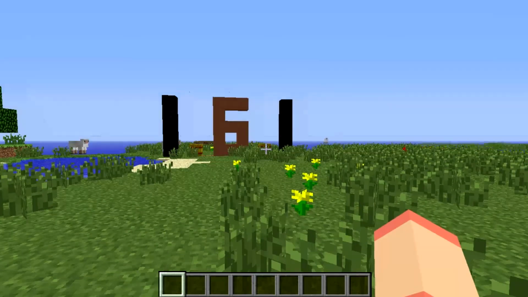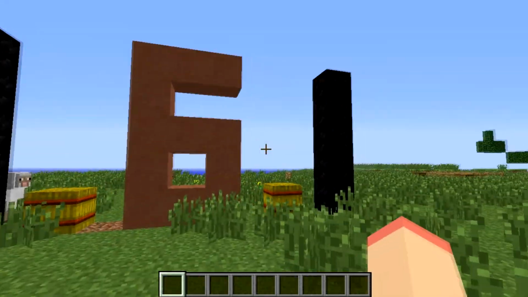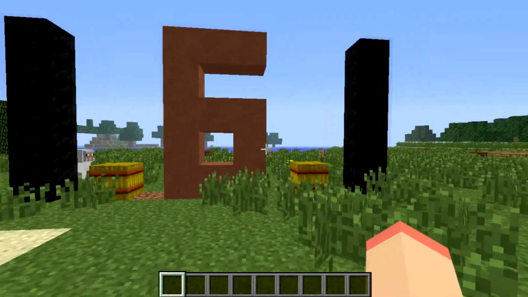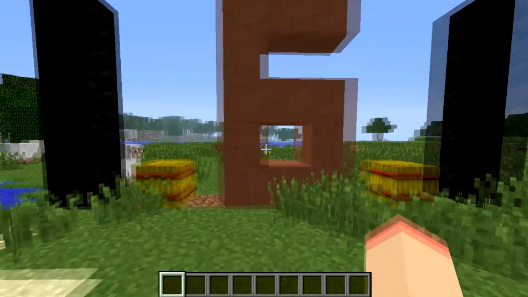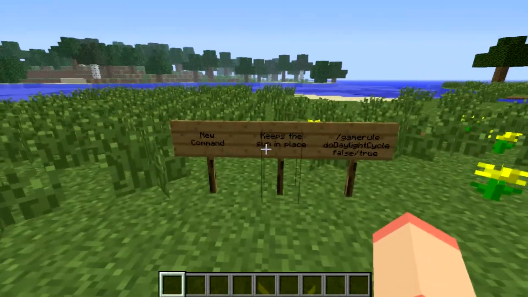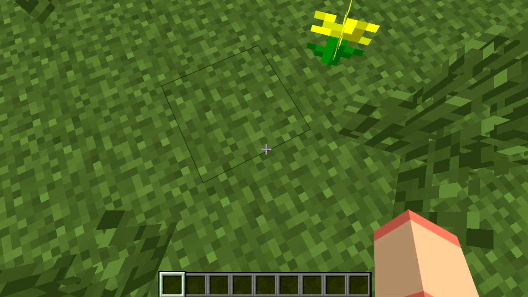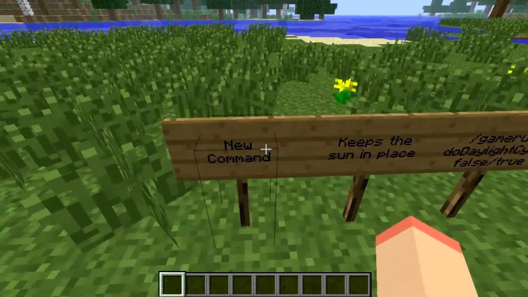I spawn right here, and as you can see, I spelled out 1.6.1, but all of these blocks may seem new to you guys because they are from the new update. So if we go right behind the sign with the sheep, over here, there are some signs. So basically, to begin with, there are a few new commands, and my favorite one is this one,